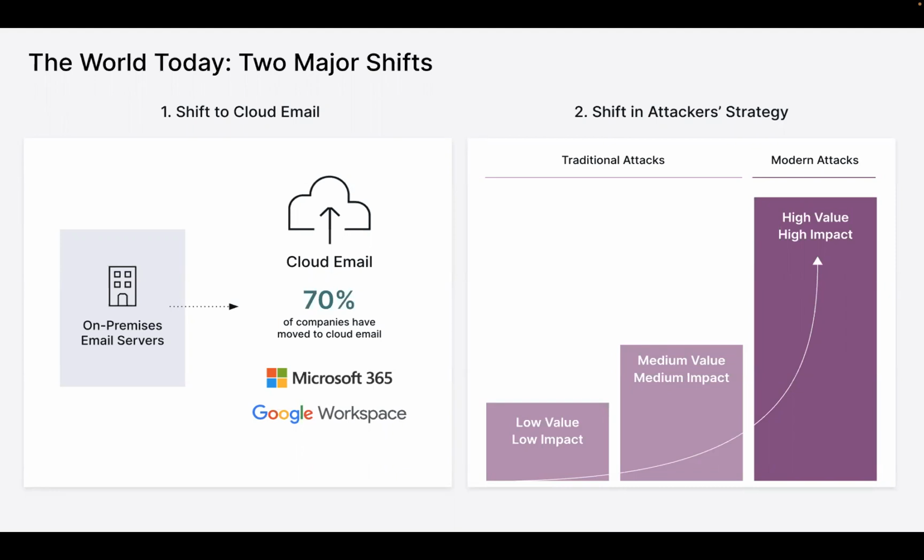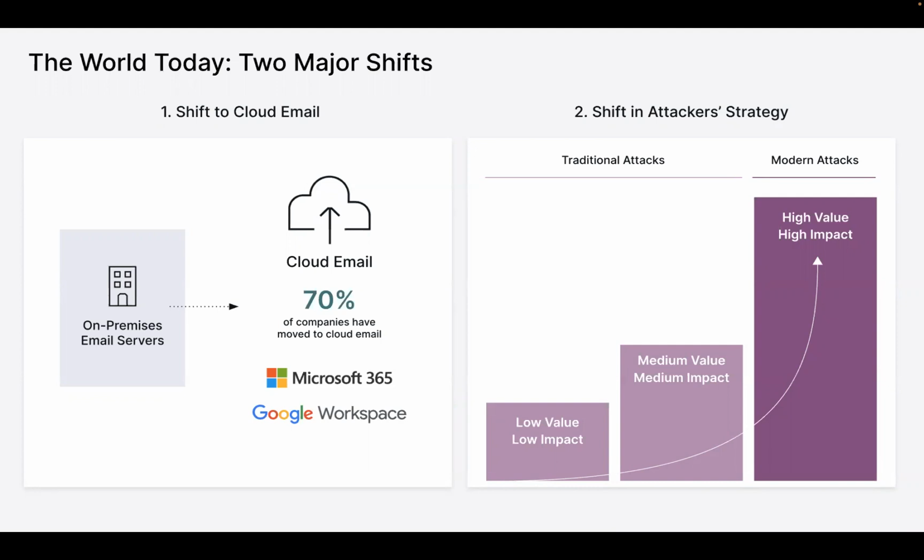They may be using Google Workspace as their email platform, et cetera. The shift to the cloud has also shifted the attacker strategy, where they're now using a variety of more advanced types of attacks. This is what we call the modern attacks that are typically harder to catch because they don't have the typical signals that an email gateway would look for, maybe a bad link or a bad attachment.